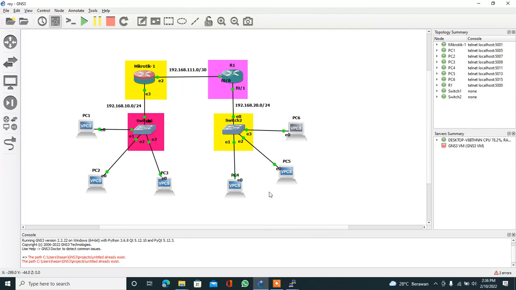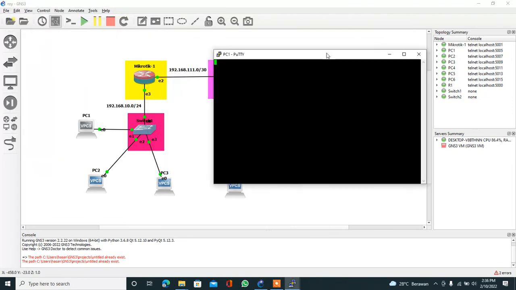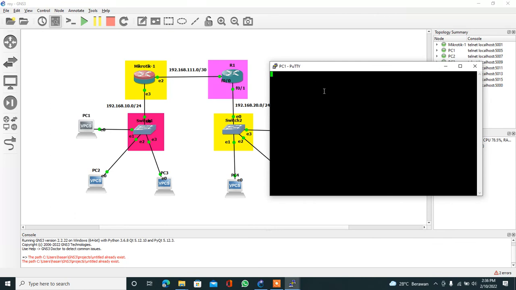For example, PC1 to PC5. Maybe we need to wait a minute for PuTTY to open.